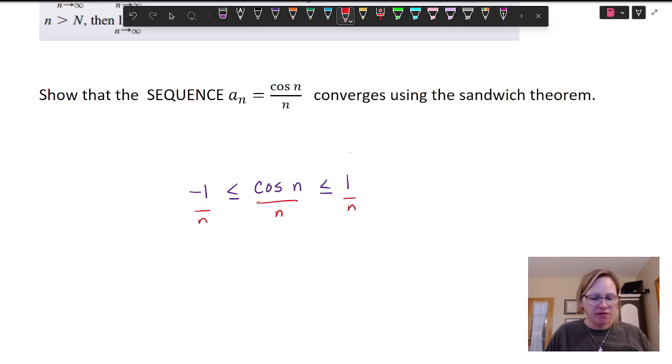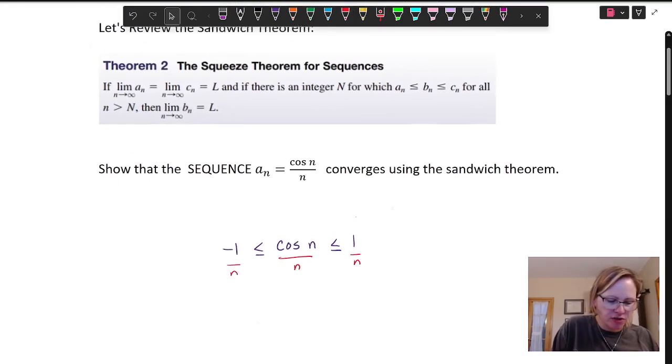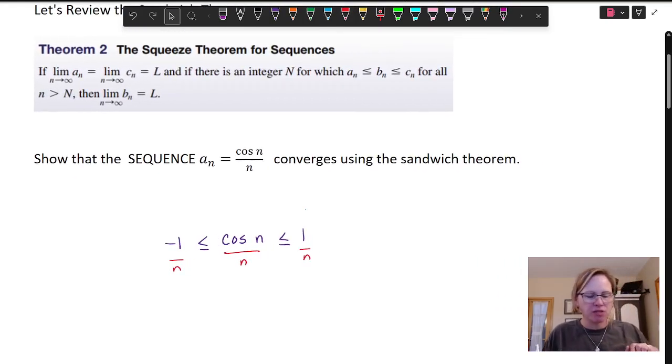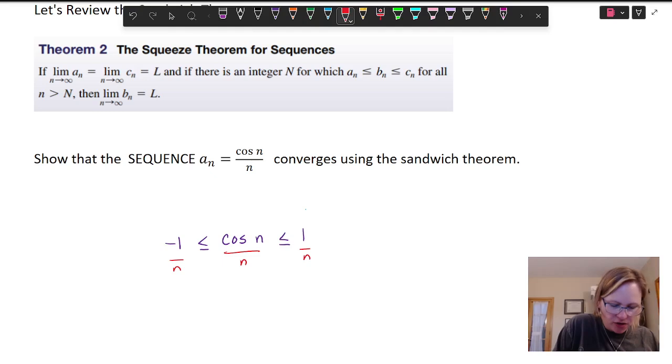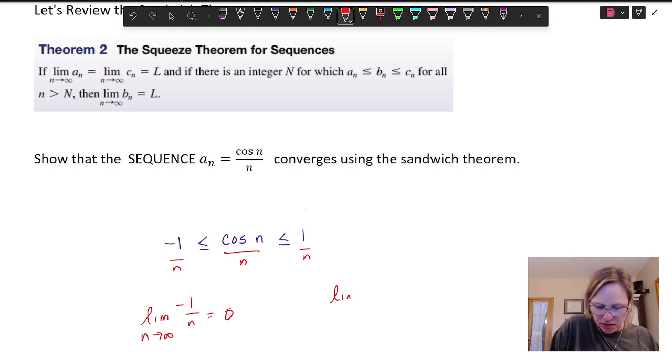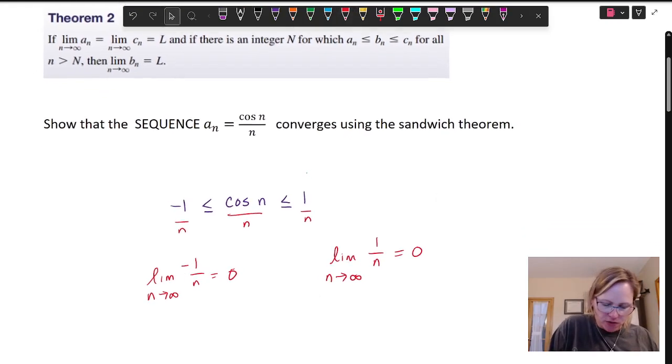So we now have set up our criteria, and if we look at our squeeze theorem, also called the sandwich theorem, we can now show that the limit of this left-sided function as n goes to infinity is 0, and we also know that the limit of the right-sided function as n goes to infinity is also 0. Therefore,